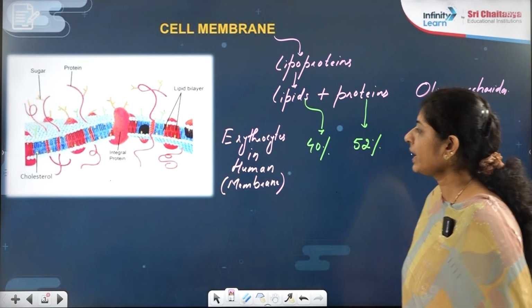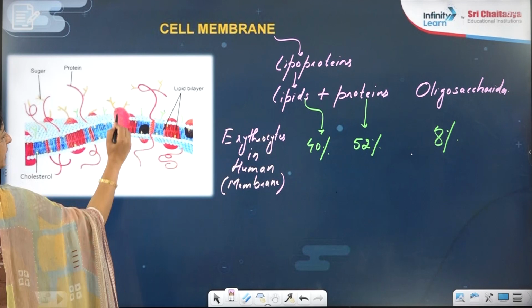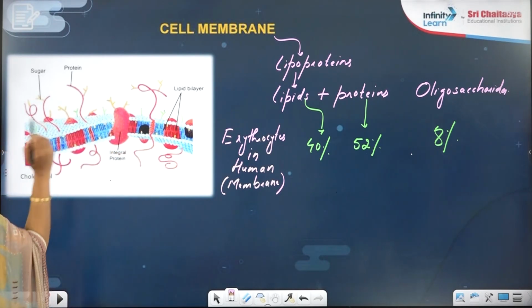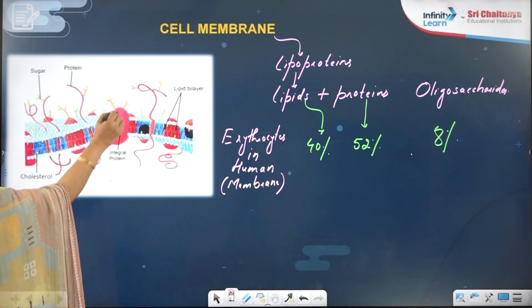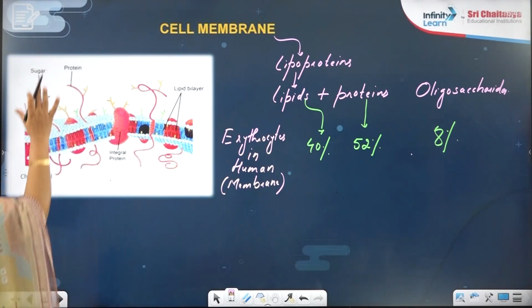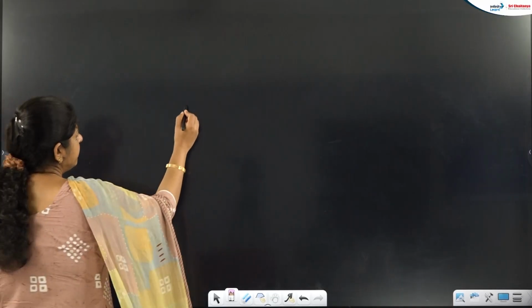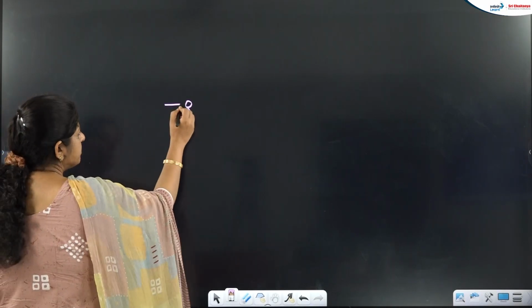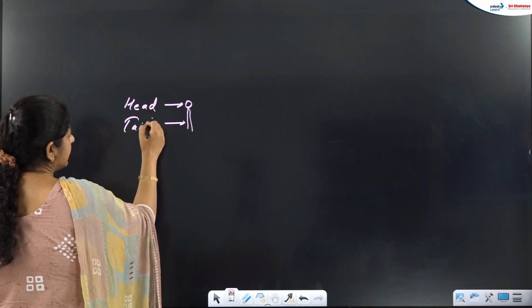Fine? Even in your NCERT book there is a lipid bilayer on which the proteins are there. And you will find the blue color portion in your NCERT book, which is the lipid bilayer. I will show you on the slide next after drawing it, and embedded or on the periphery the proteins are present. Let me take the next slide to explain this part. There will be a lipid bilayer with the head and tail. This is one molecule of a lipid where this part you call the head and this part you call the tail.